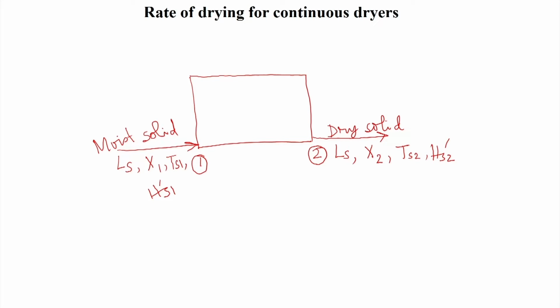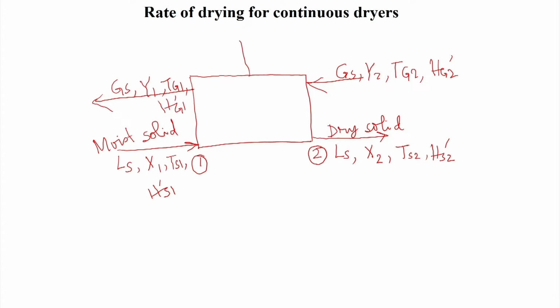And I told you that most continuous dryers operate in counter current mode. So, the drying gas will be entering with flow rate Gs, humidity Y2, temperature Tg2, and enthalpy Hg2 prime. When it leaves the dryer, the flow rate of the gas will be Gs, and the humidity will be Y1. That humidity will be definitely greater than Y2,